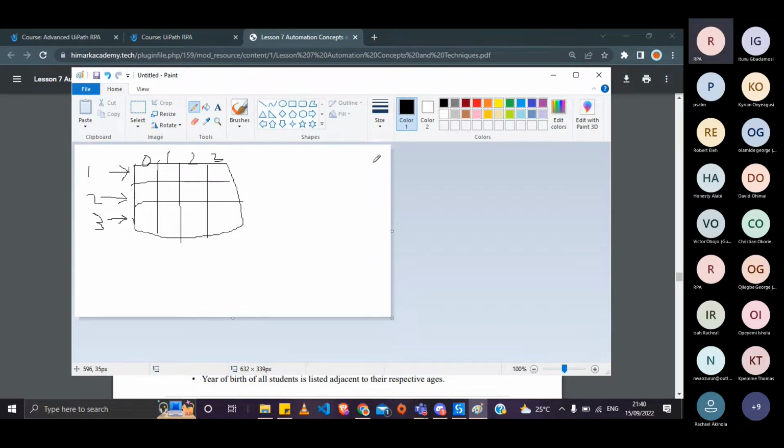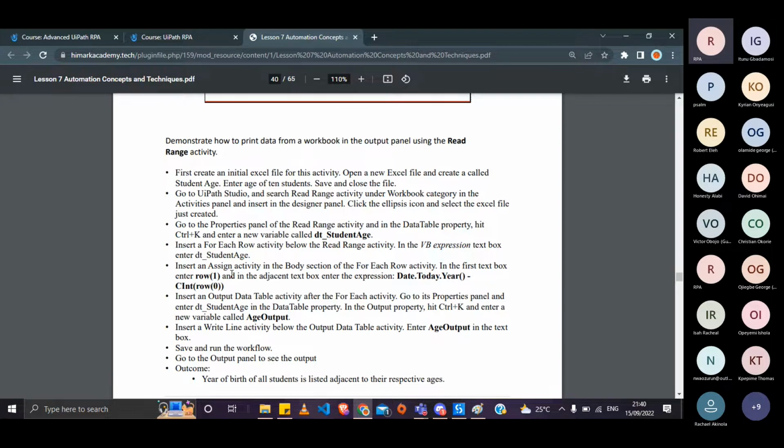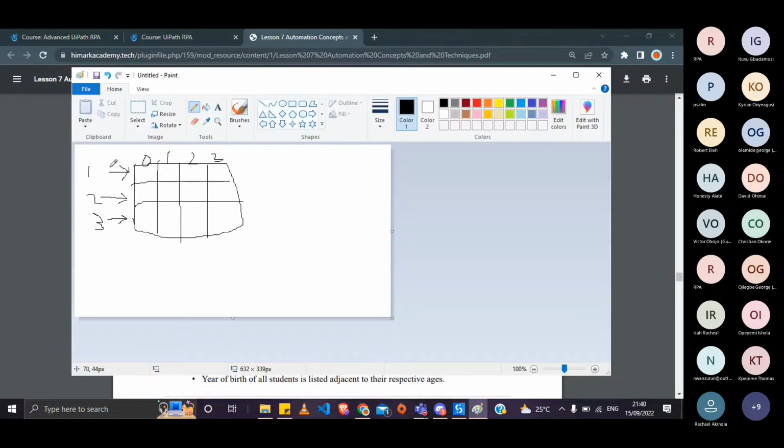Now, if you go back to the code that we entered, you can see that we had current row, comma, 1. So what that means is that we are looking at the current row. So during the first iteration, we're looking at row 1, and then we're looking at the item in column 1. That's this one. And then to that, we are assigning the current year